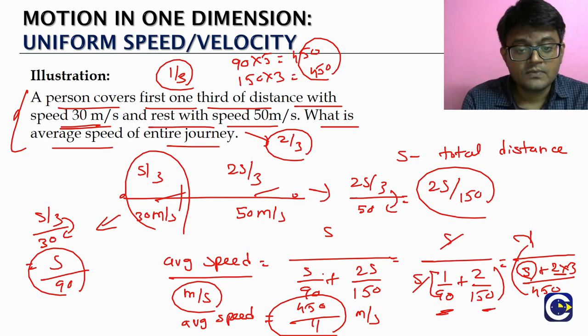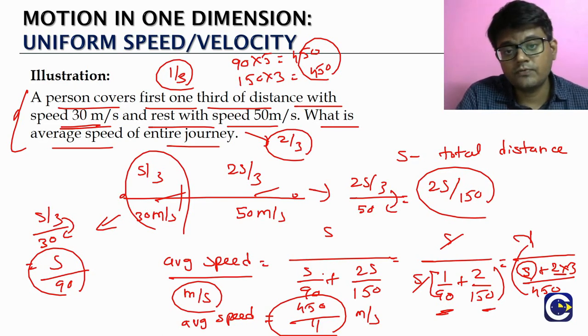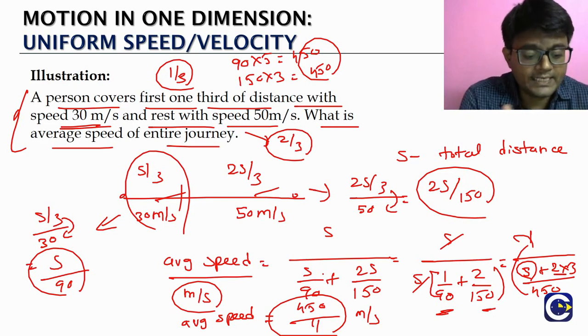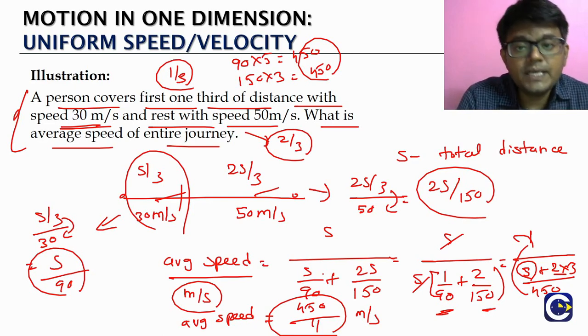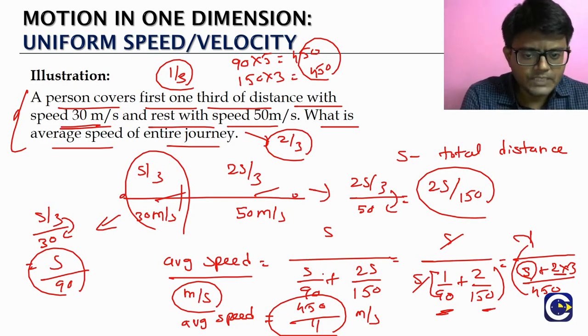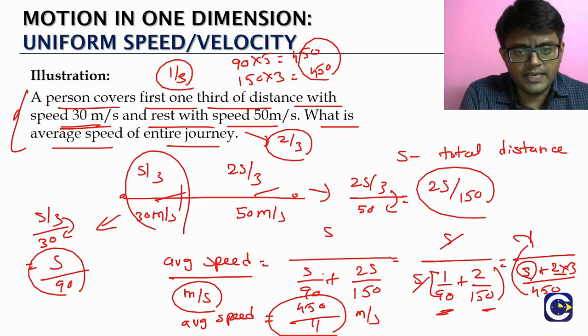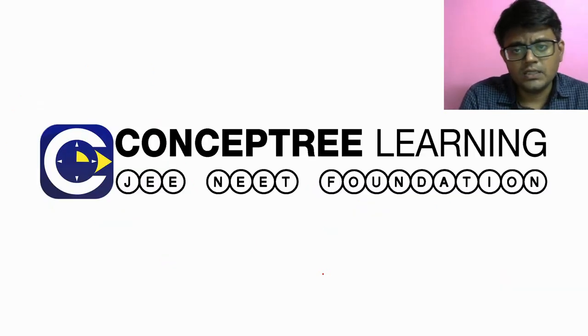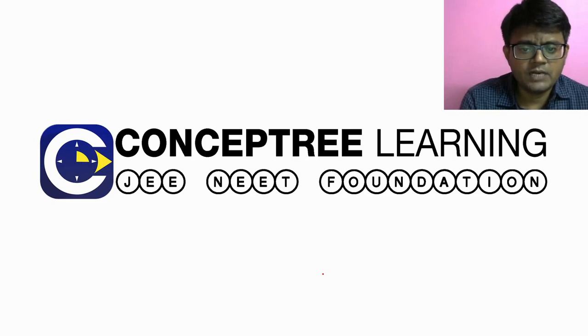If you want the value as a decimal number, you can simplify. It depends upon what values the options are given in. If they're giving the options in fractions, we'll look for the fractional value. If they're giving the options in terms of decimal numbers, we'll have to look for the decimal number. So this is what we can expect in terms of these split journey type of problems. Again, we have seen some cases of standard split journey models. You can remember those formulae. If not, you can be clear with the approach, and depending upon whatever situation they are giving to us, we can take the approach and do the question as it comes. Okay, so we'll see in the next video.